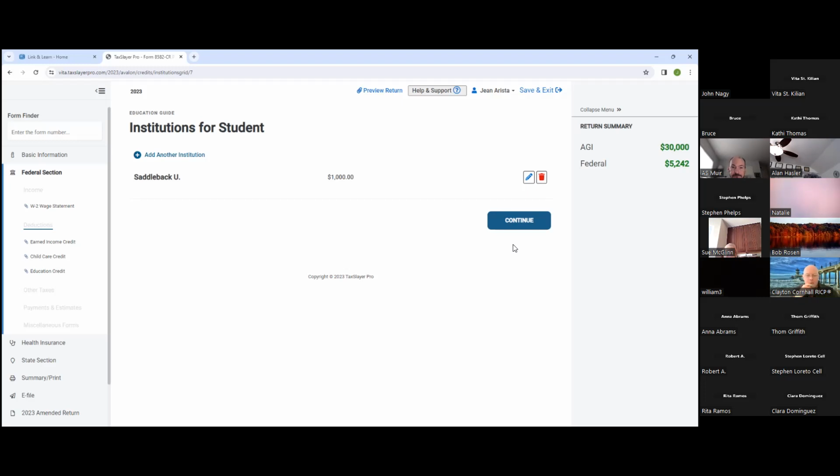Jerry, go ahead. How do you allocate it? I'll give you an example. If you're using it half the time, you put in half the amount. So let's say you go through a quick calculation. You've got a computer, you only have one computer. You use it 70% of the time for school, 30% of the time for personal, and your computer costs you $1,000. Then your allocation is $700 for school, $300 for personal.